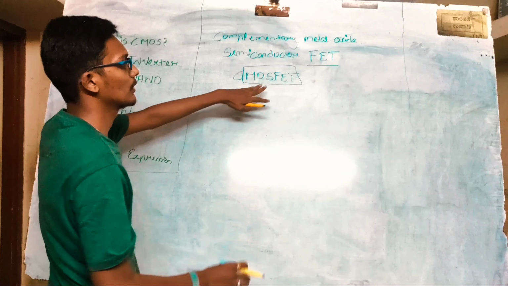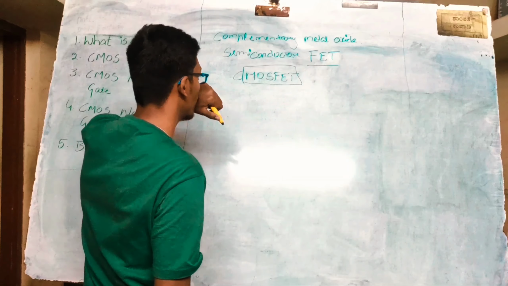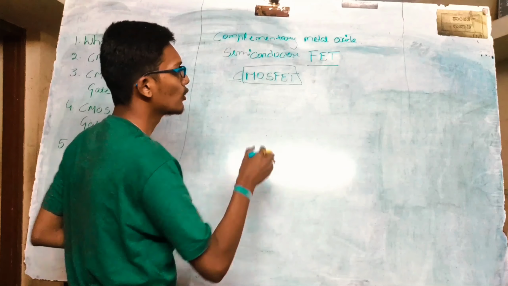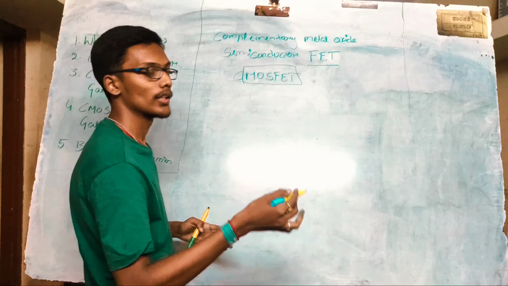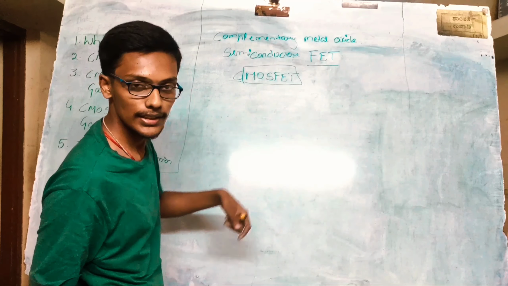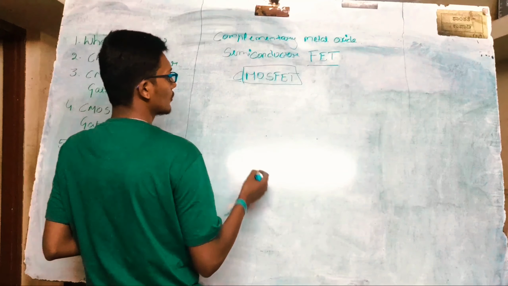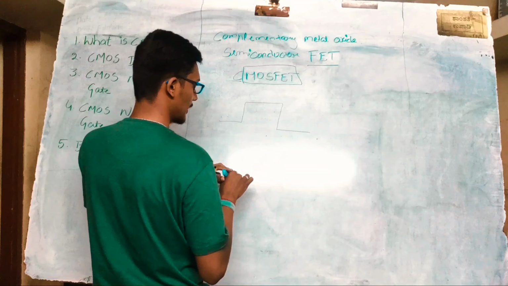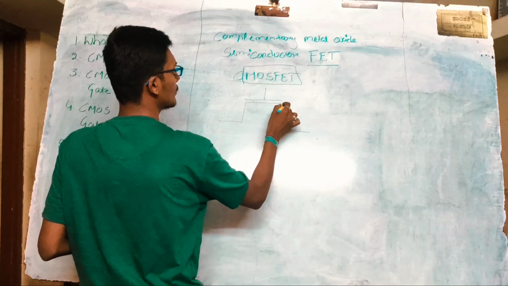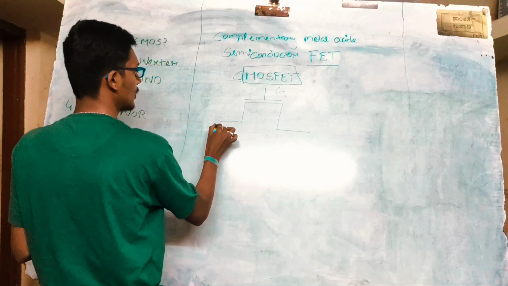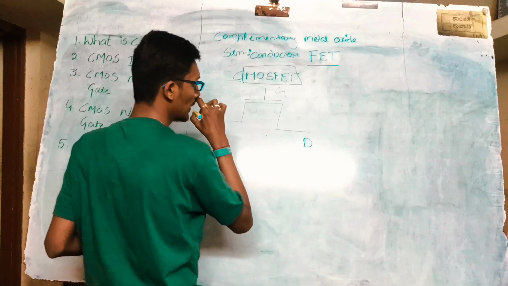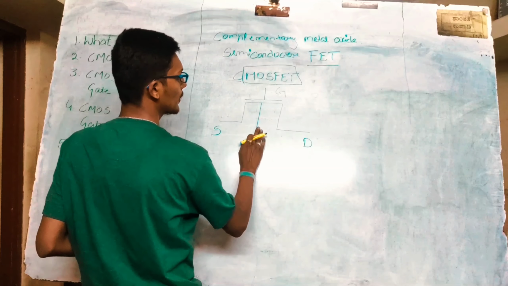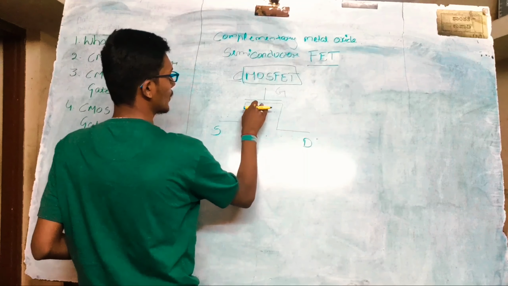I'll explain in brief how the MOSFET will work. What's the meaning of C? C means complementary, right? The output of a transistor will be complementary. The complement we will see next. So the working of a transistor: we will have a transistor like this. We have three inputs which are known as gate, source and drain. We will also have a fourth terminal called the substrate. In theory classes we won't be considering this fourth terminal.